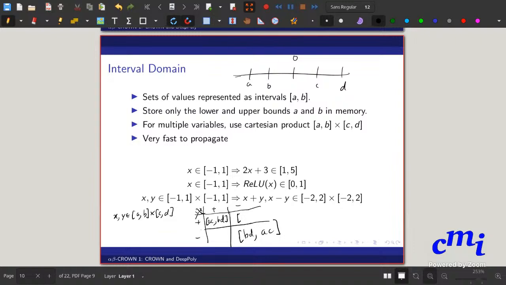BD comma AC, to maximum of. Yeah, it'll be something like